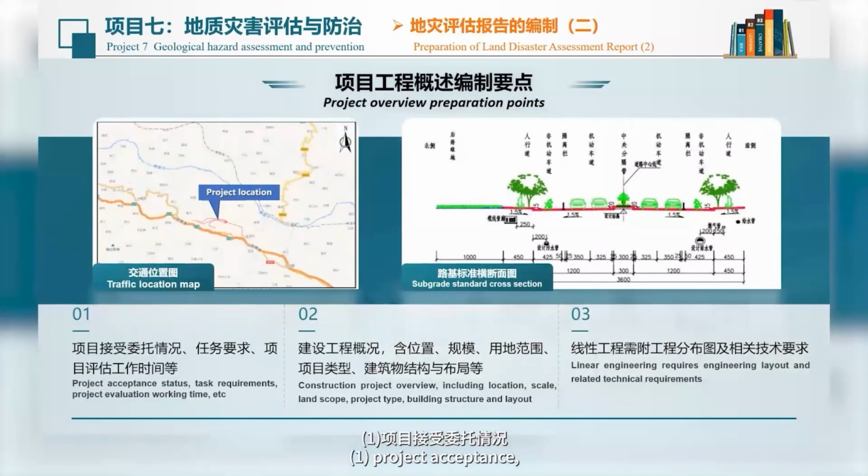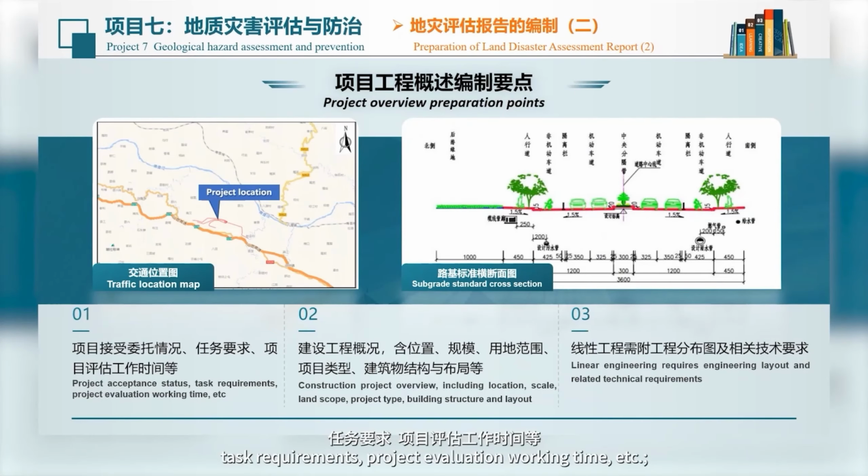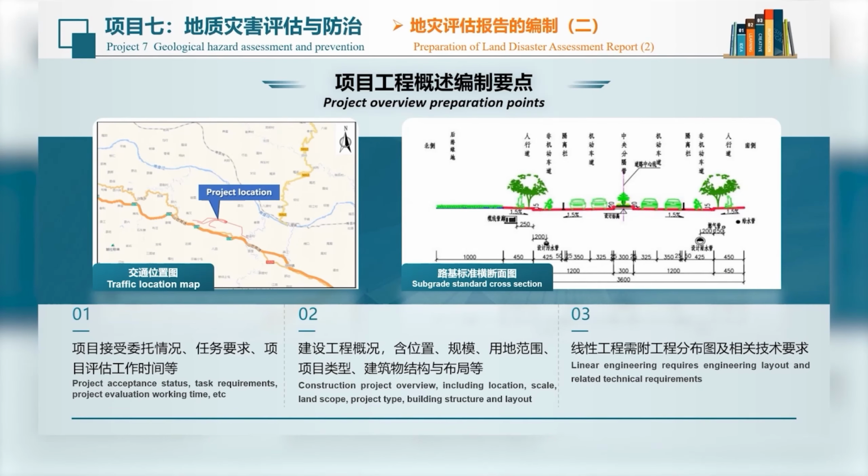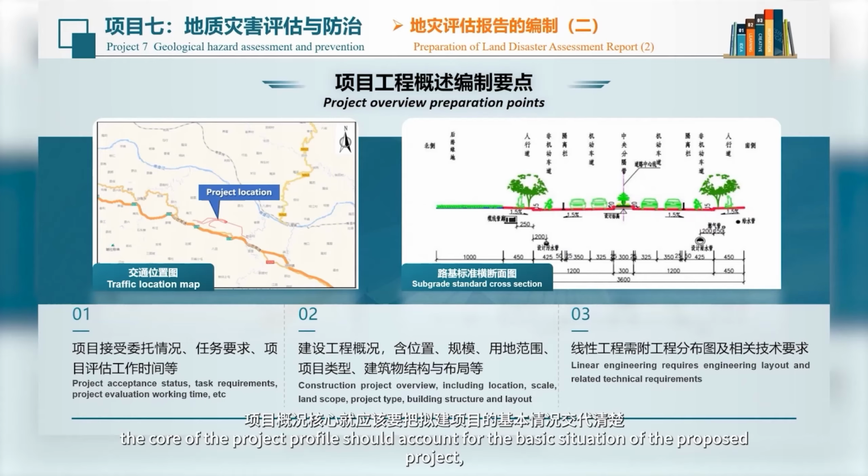1. Project acceptance, task requirements, project evaluation working time, etc. 2. Construction project overview, including location, scale, land use scope, project type, building structure and layout, etc. 3. Linear engineering requires engineering distribution drawings and related technical requirements. In short, the core of the project profile should account for the basic situation of the proposed project, in addition